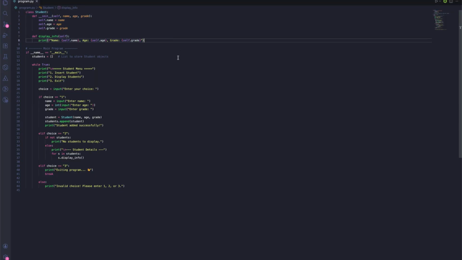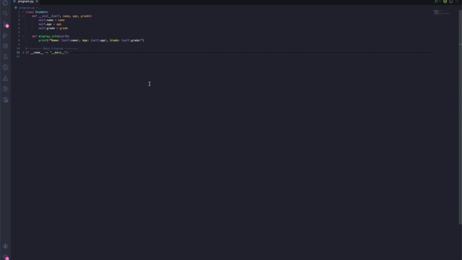And the second segment, which is an infinite loop, contains the main program, that is the menu-driven program, which is responsible for inserting students, displaying them, and exiting the loop. So I'll just close this second segment and explain the first segment first. So that's too many firsts, but anyway,